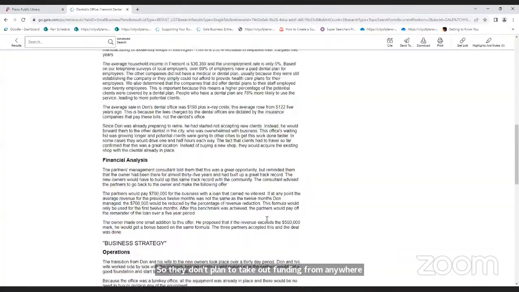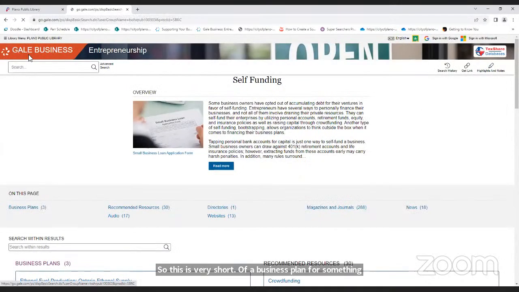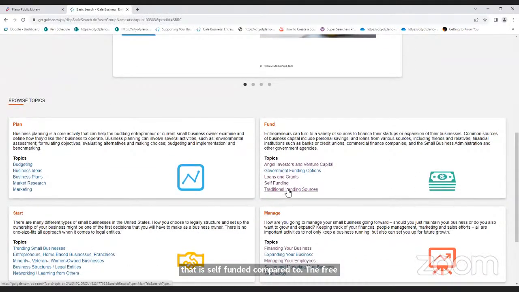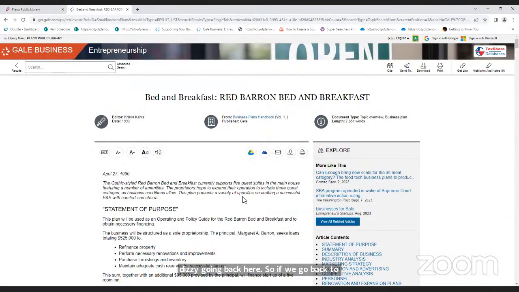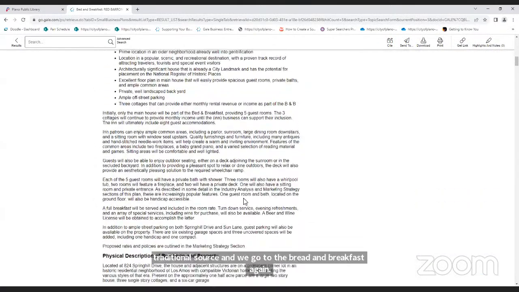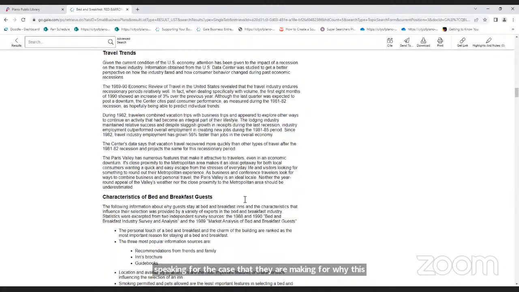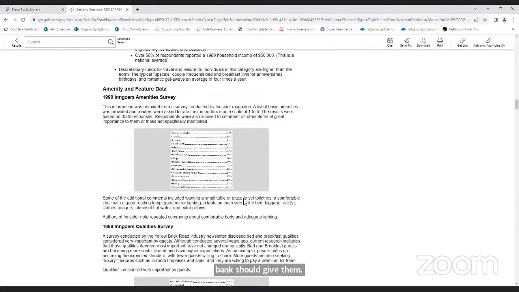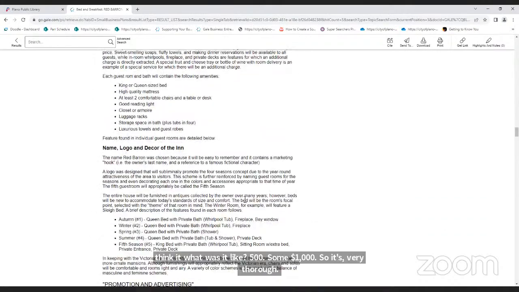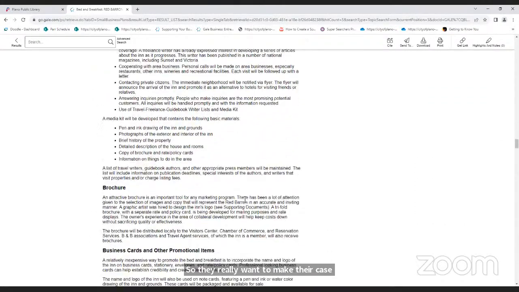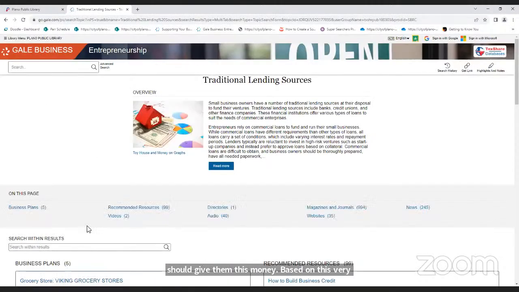So this is a very short business plan for something that is self-funded, compared to if we scroll back here. Please forgive me if you get a little dizzy going back here. If we go back to our traditional source and go to the bed and breakfast again, look how long this business plan is, comparatively speaking, for the case that they are making for why this bank should give them, I think, like $500 and some thousand. So it's very thorough. They really want to make their case that this bank should give them this money based on this very thorough business plan that they've come up with, compared to the